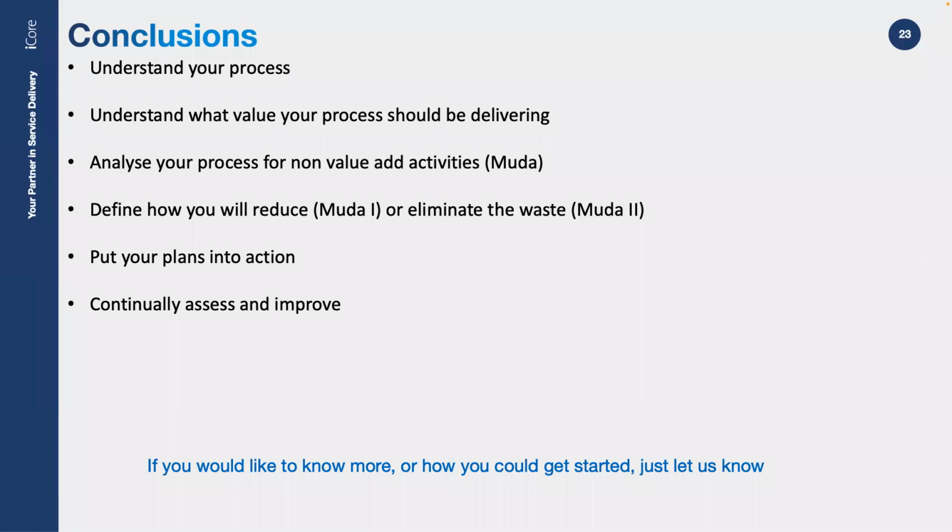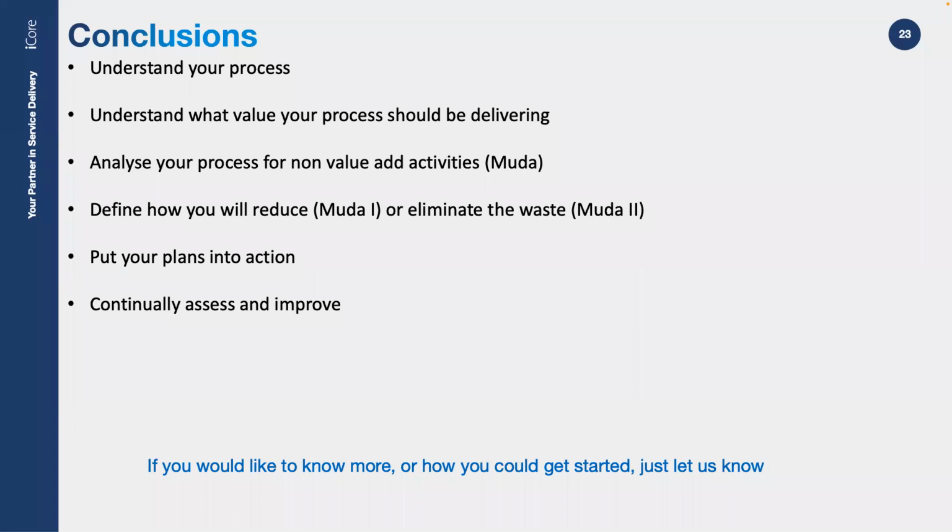So the big conclusions here, really. First thing is, understand your process. If you're going to start having a look at process waste, understand your process, really understand what it should do, not just what it does, or ideally what it should do, as it says in ITIL. This is not where you need an ITIL book dump. This is understanding from your business objectives what your process should do. Understand what value your process should be delivering and the style that it should be delivering there.